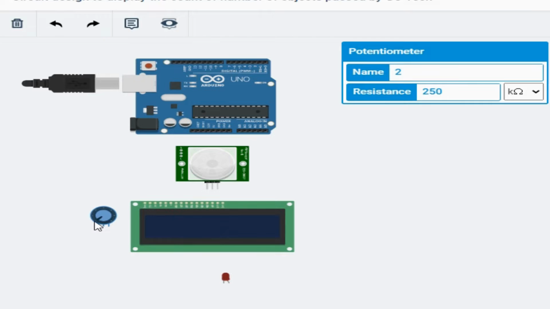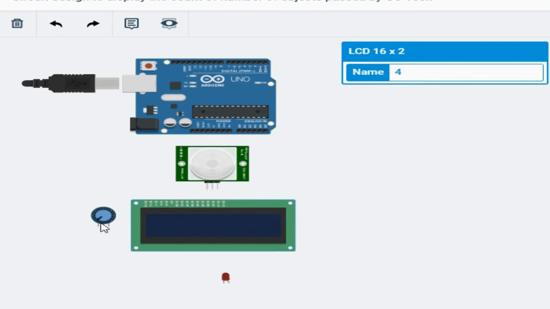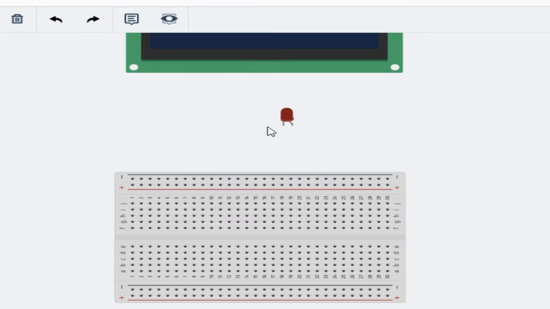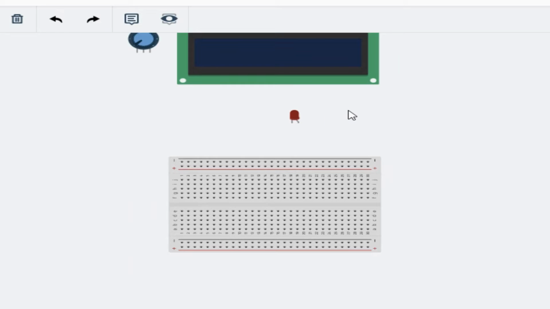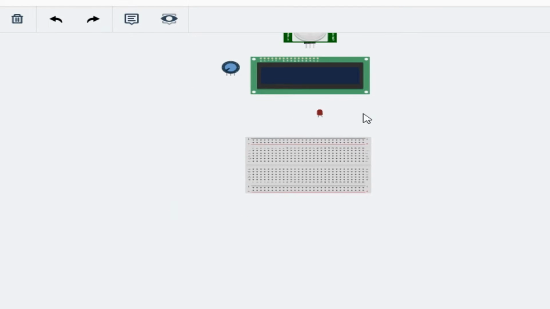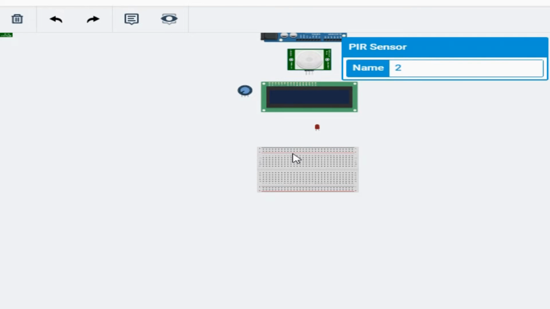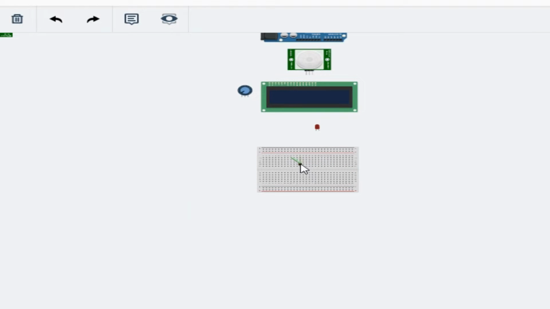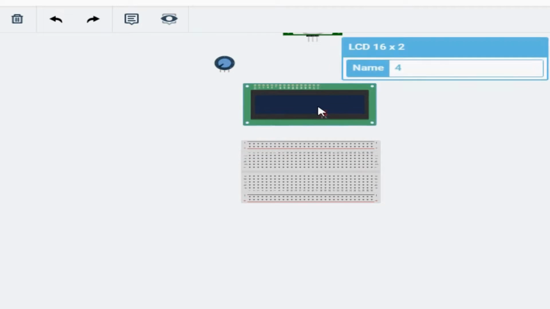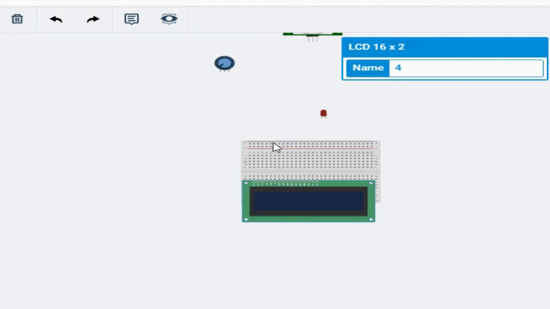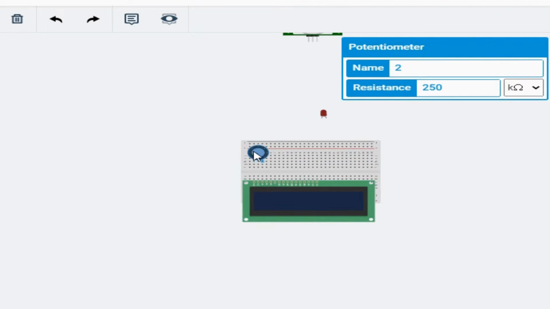This is the potentiometer, which is used to change the contrast of the LCD screen. Next is the LED. This is an optional component if anybody wants a notification that an object is in the sensor's area, so it will notify by glowing when the object comes into the sensor's region. And the last one is the breadboard. We are using this breadboard to mount our components,